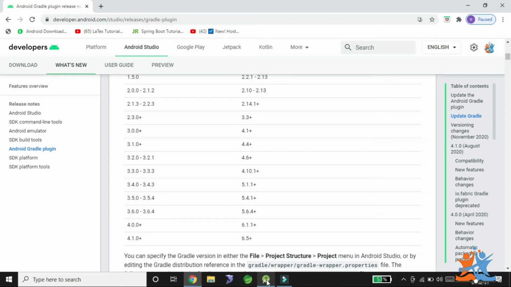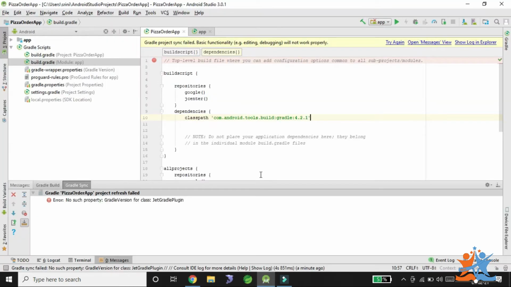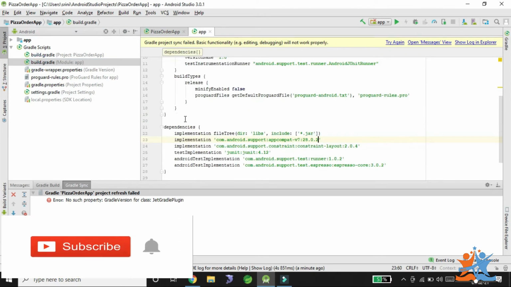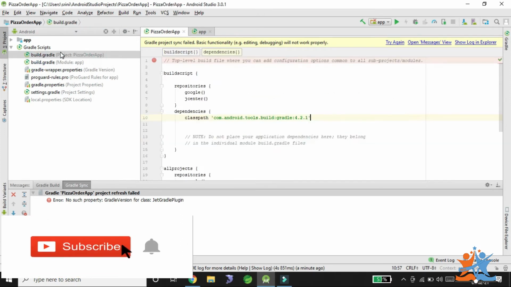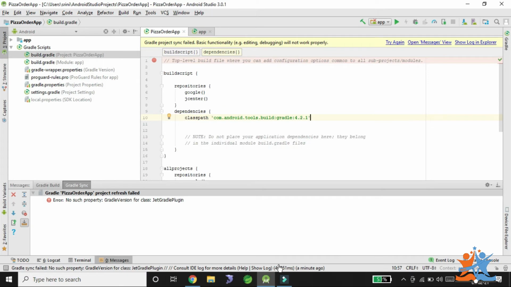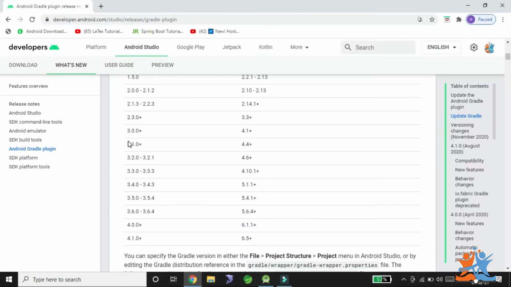See here in my Android Studio, we have an Android Gradle plugin and a Gradle project. In the Gradle project, we need to check what we have. Here 4.0.2 plus, 6.1.1 plus. Now I need to change that into 3.2.1 and 4.6.